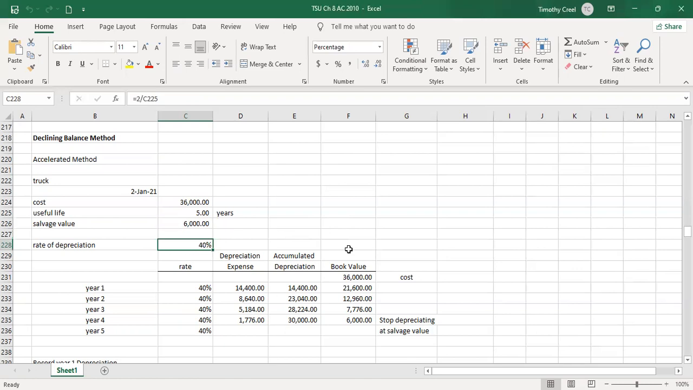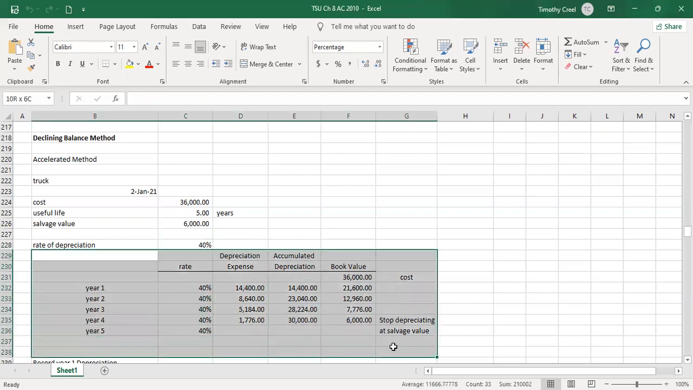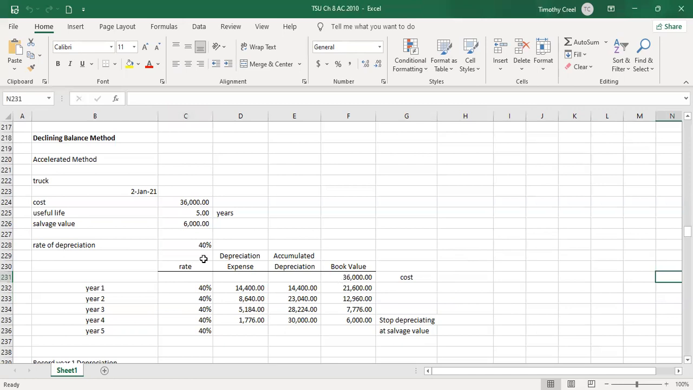So our rate of depreciation, the first thing you want to do with double declining or declining balance method is you want to figure the rate of depreciation. So in this case, always take the number 2 and divide it by the useful life. Always the number 2 divided by the useful life. So in this case, our rate of depreciation is going to be 40%. So I've built a little chart here, and a little chart like this is extremely valuable for doing declining balance method depreciation. So let's say, for example,